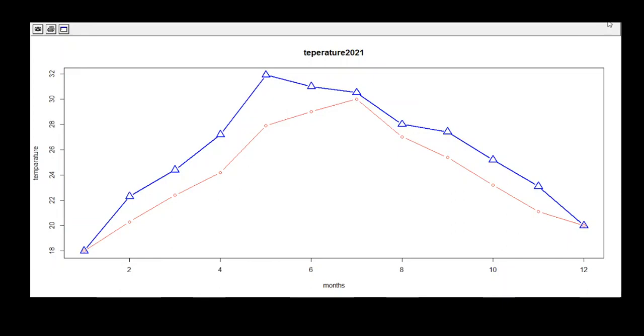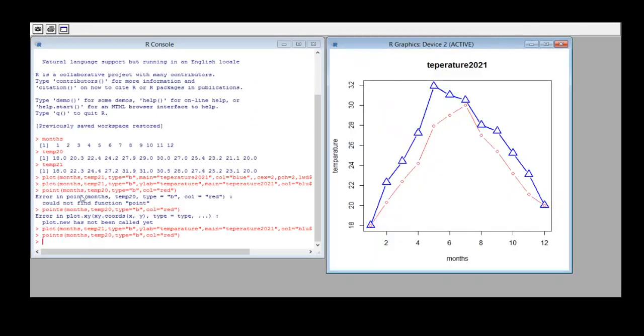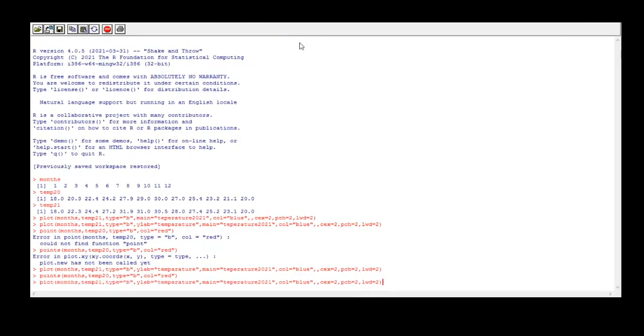Now here we can change the plot. I am changing the title of the graph: temperature 2020 versus 2021.